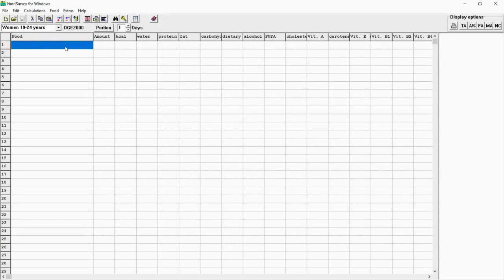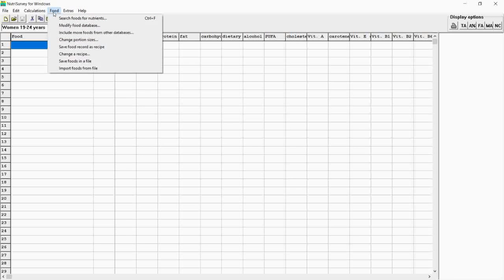Before we continue to enter the dietary intake data, we need to make sure that our FCT database is already integrated. So remember, during the installation of NutriSurvey, we already downloaded two types of food database, the FTA files, which is food database from Indonesia and Thailand. So this is how we import or integrate the food database file into NutriSurvey.